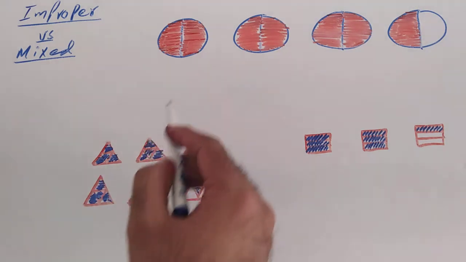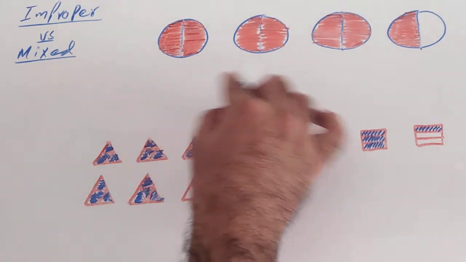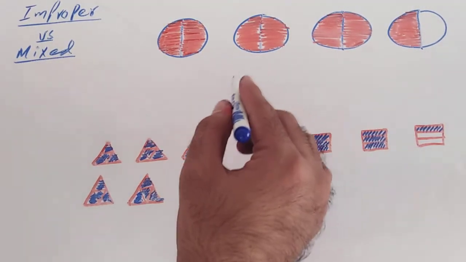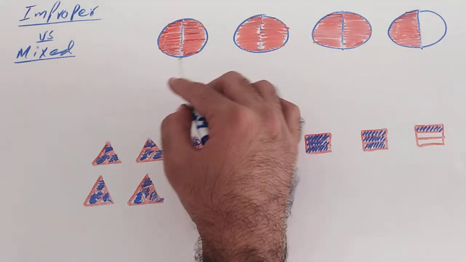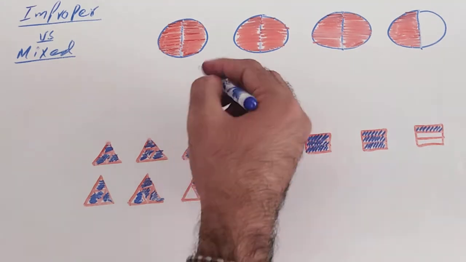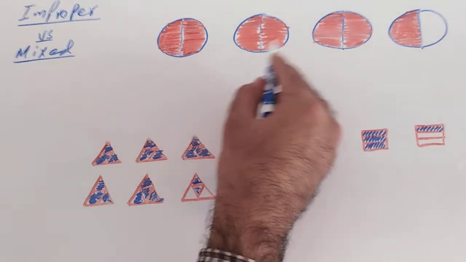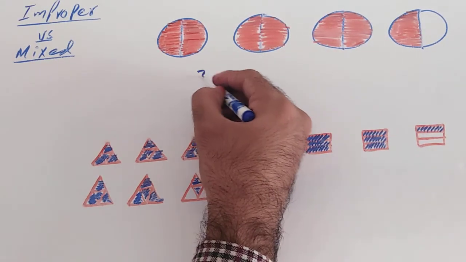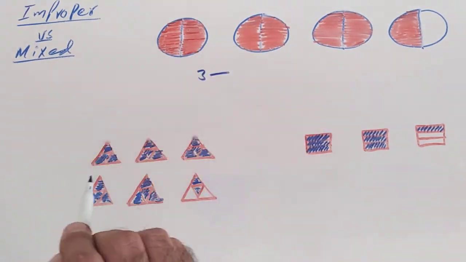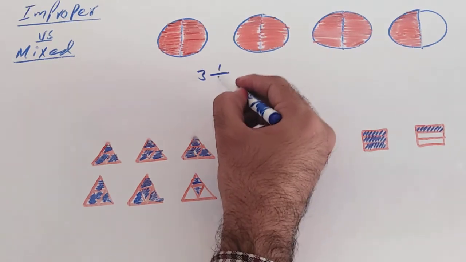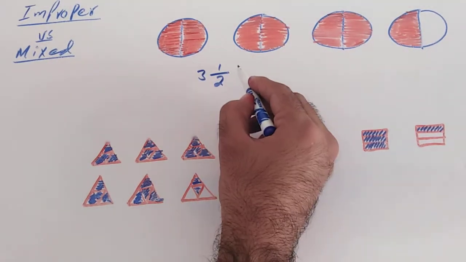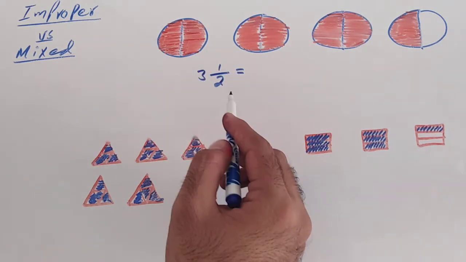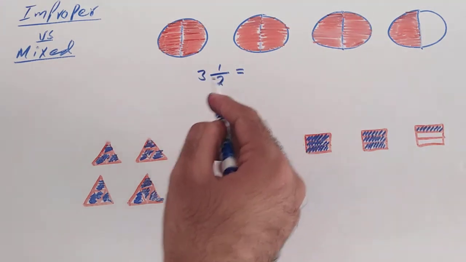In the first one, you can see some of the wholes are shaded and some of the parts are shaded. So if you check how many wholes are shaded, you can clearly see that it's 1 2 3, and how many parts are shaded, so it's 1 out of 2. And if you want to write this as an improper fraction, you just have to check how many parts